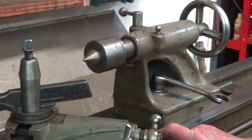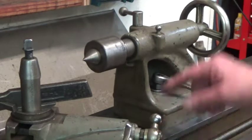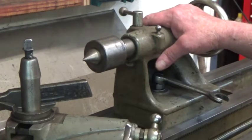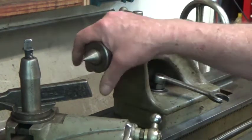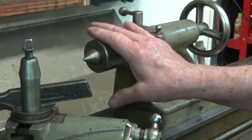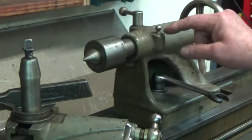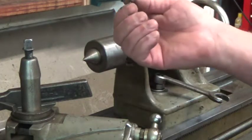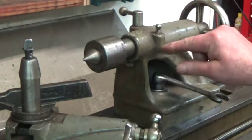One of the neatest things about this old lathe, besides the fact that it's just a nice little old lathe, was when I got it, and I got this lathe from a friend that I used to work with. This was his father's lathe. I don't know when his father got it, but his dad was a machinist and a gunsmith, and he had this one in his basement. But this lathe